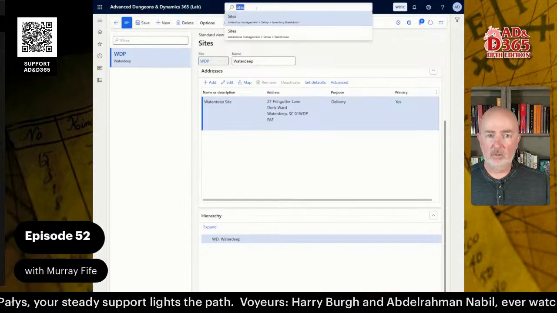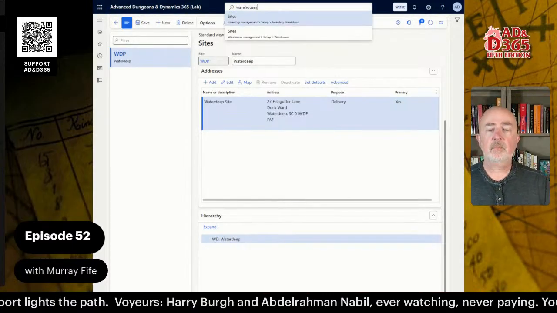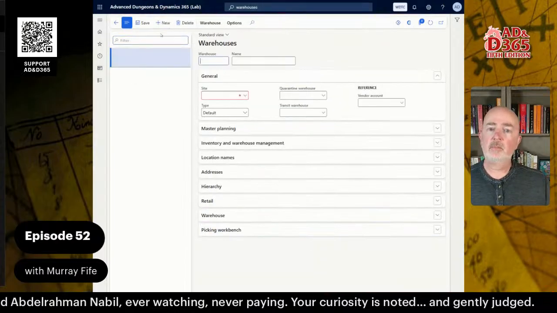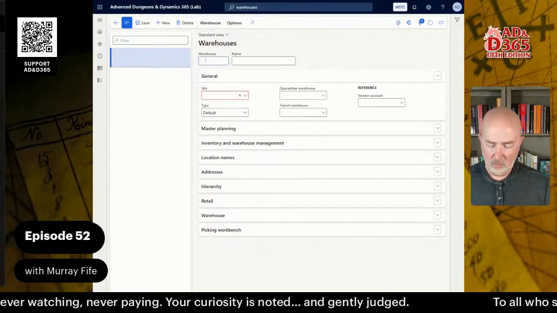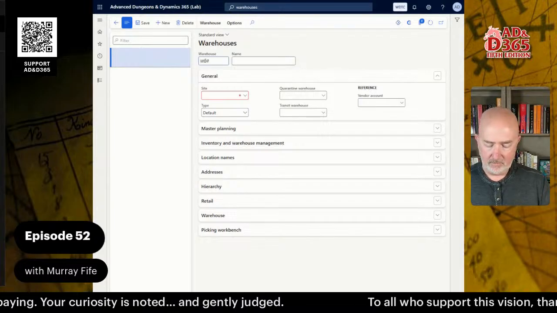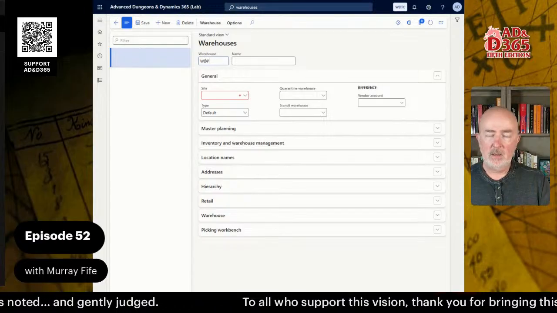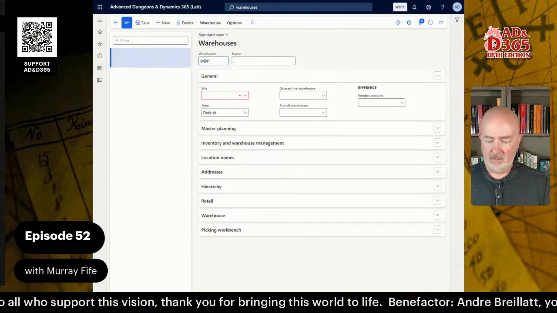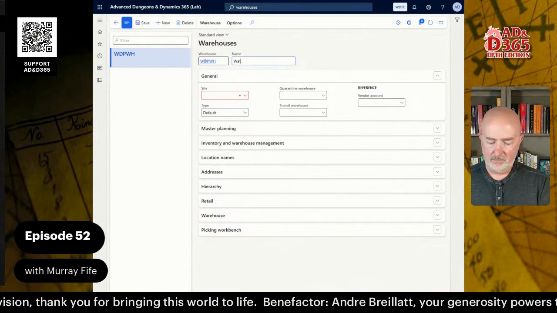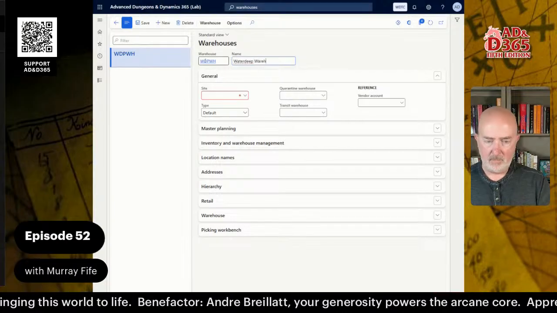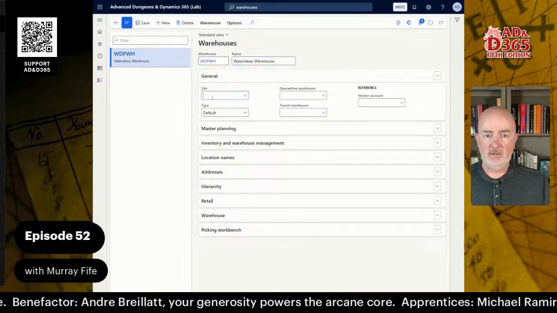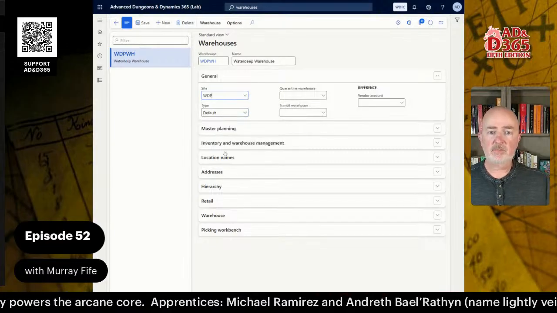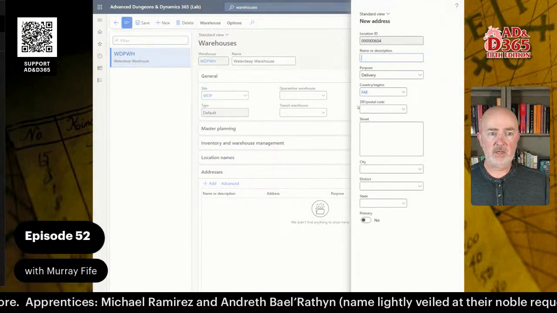And let's go to our warehouses. And I'm going to go out and create a new warehouse here. Let's make this Waterdeep warehouse. And then the site that we've got here is going to be Waterdeep. And then the address is going to be